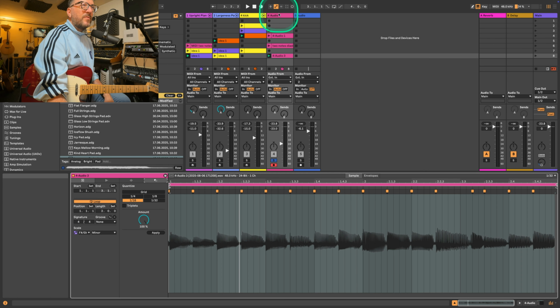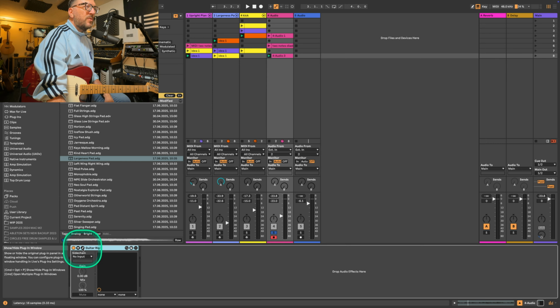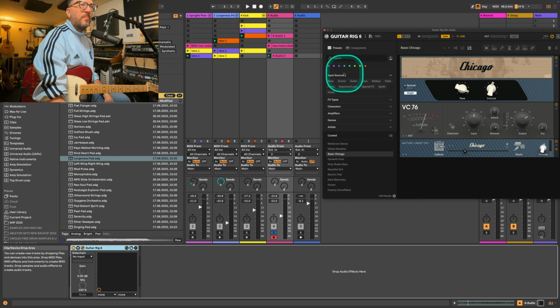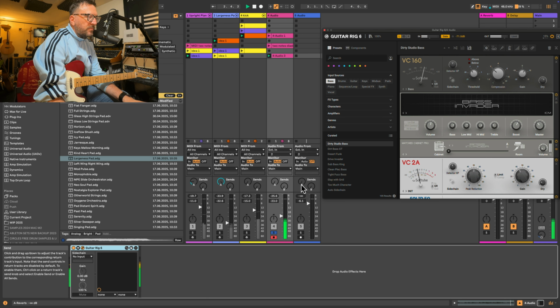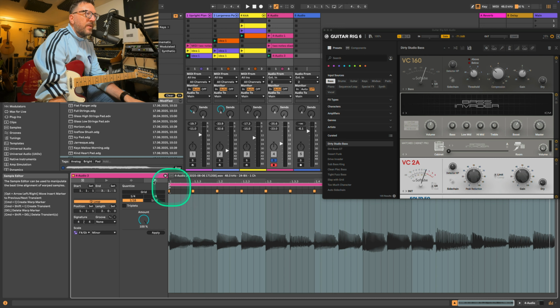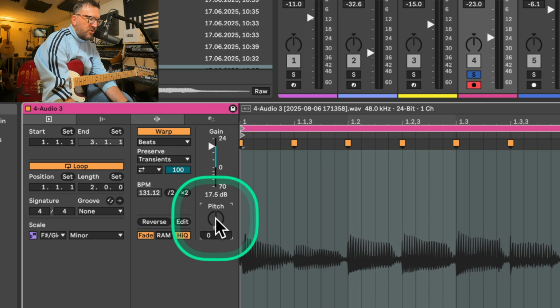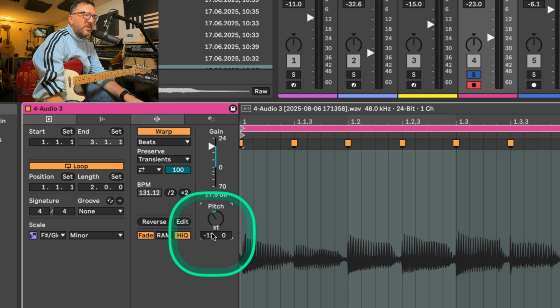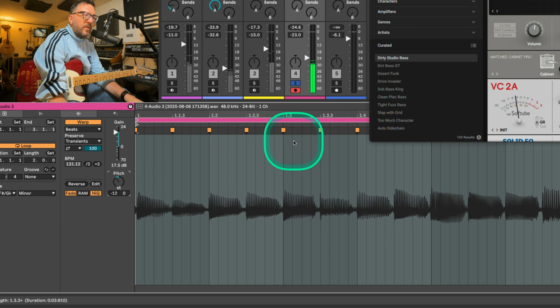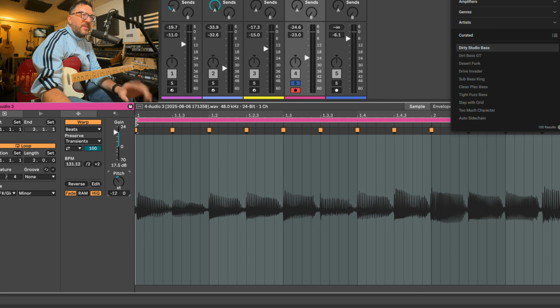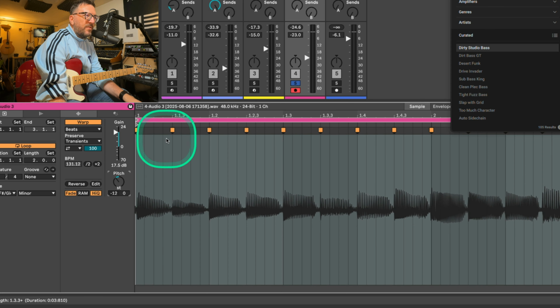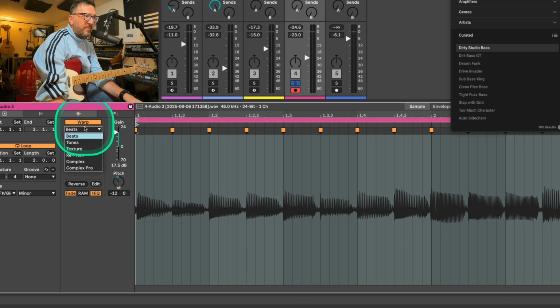Interestingly enough, if I change the guitar rig to a bass, if I just go input source bass, the Ableton bass amp's actually good as well if you put the speaker with it. So dirty studio bass. But if I change the octave, I'm going to go pitch, I'm going to go shift and down, it takes it down 12 semitones. So if you don't happen to own a bass guitar, just record all your guitars on a clean sound, take it an octave down, and actually if you change the warp from beats to complex,